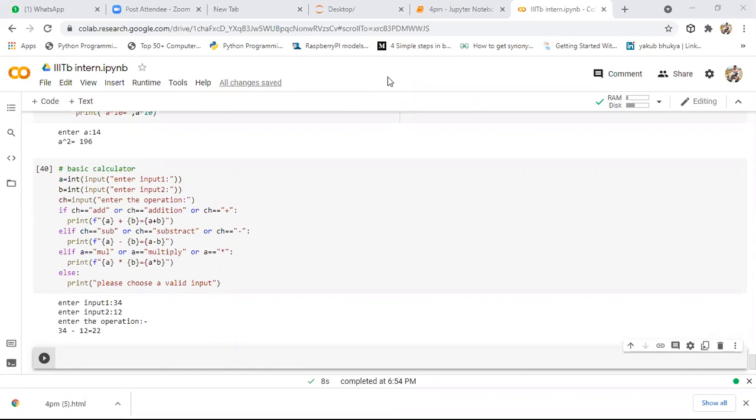In the W3 resource, you'll get a lot of additional assignment questions. You can take those questions, but don't follow the solutions present there. There he specified the solutions in a clumsy manner. He did not specify solutions in an easy way. So please try to solve the questions on your own. They are very easy questions. You can do all those questions on your own. Okay. W3 resource, there you will get a lot of questions. Try to practice those questions to recall your basics, to become an expert in basics.